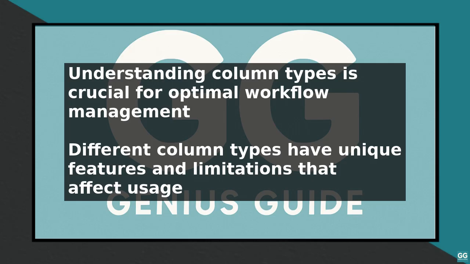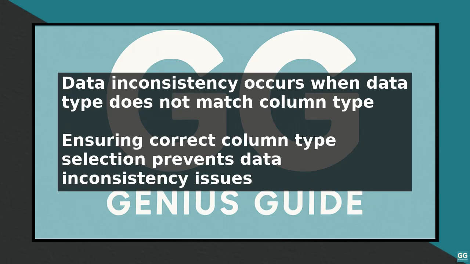more. Each column type has its unique features and limitations, which can lead to various issues if not properly managed. One common issue is data inconsistency, which occurs when the data type does not match the column type. For example, if you try to enter a text value into a number column, the system will not accept it. To avoid this, ensure that you select the correct column type for your data and use the formatting options to